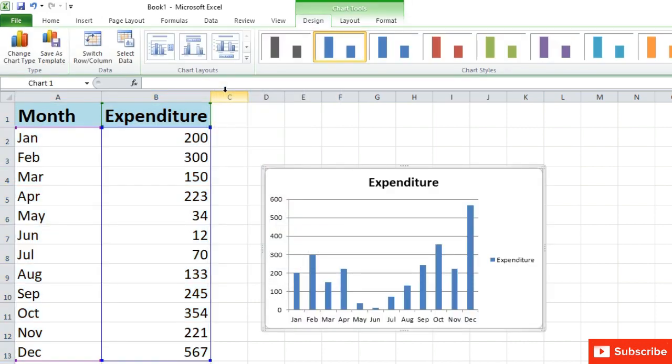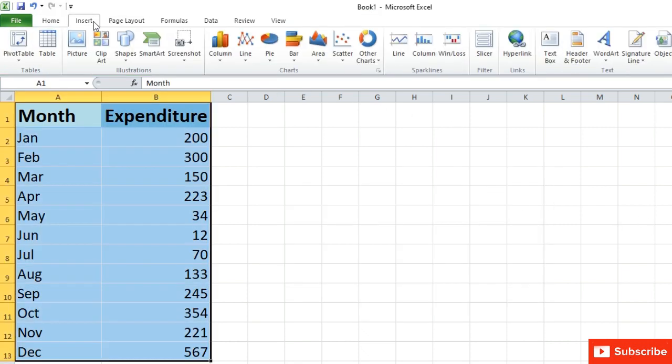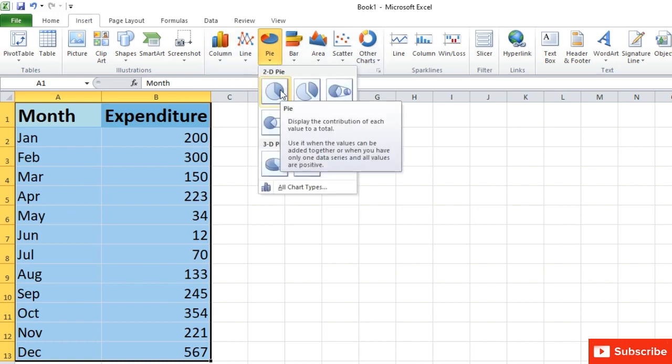Step 3. The Chart Wizard dialog box is displayed, which is used to insert various options related to the chart such as the type of chart, data range, data series and elements of the chart. Step 4. Select the chart type, column chart or bar chart or pie chart, etc. and click on the Finish button.